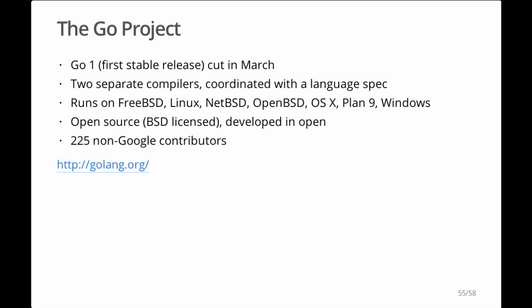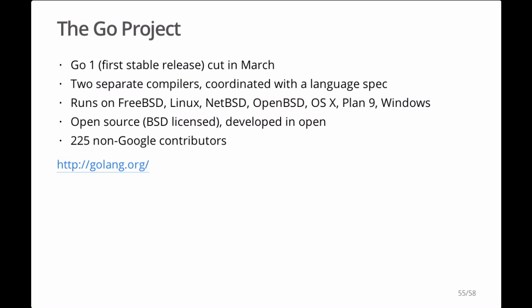There are actually two separate implementations of the Go language, and we coordinate them using a written spec. It's rare these days to have a new language defined by a spec instead of a single implementation. And furthermore, I should mention that the spec actually came first. The spec is not just a retroactive description of the first implementation. One implementation of Go we call the GC compilers, and they're derived from the Plan 9 compiler toolchain. That was the first implementation, the one that I work on, and the one I've been using in this talk.